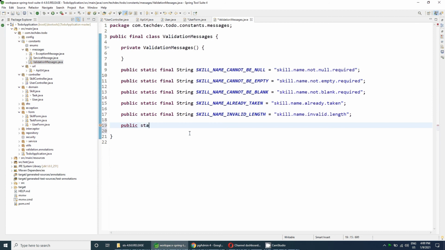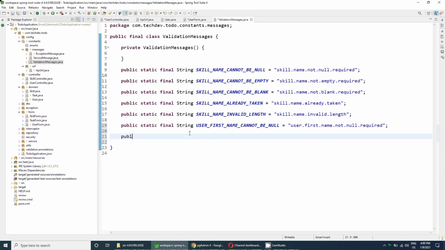Public static final String user first name cannot be null: user dot first dot name dot not dot null dot required. And similarly for first name cannot be empty and first name cannot be blank.